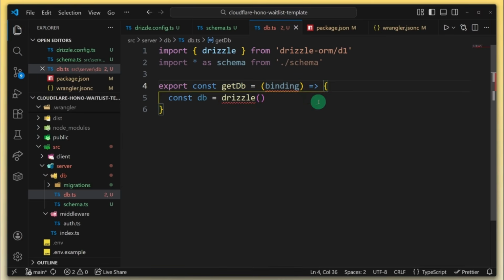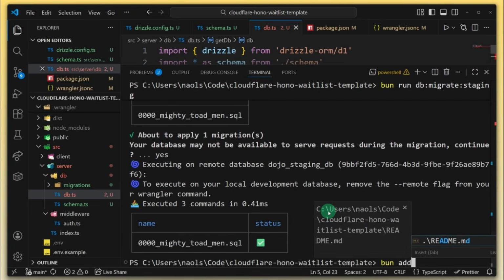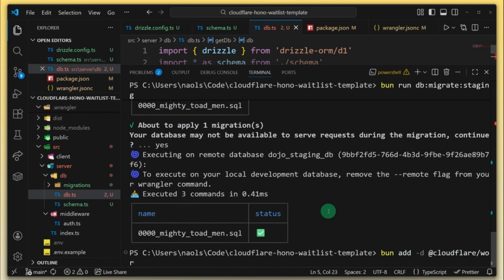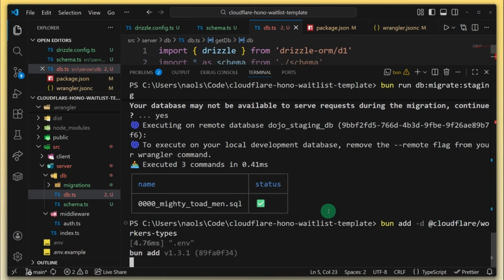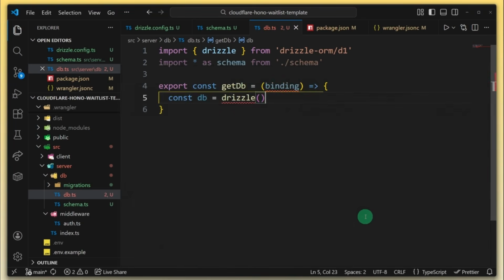But luckily for us, Cloudflare has some worker types we can import, or install, I should say. So to do that, we can say bun add dash d at Cloudflare workers dash types. All right, now that I've got that installed, I can import that type,